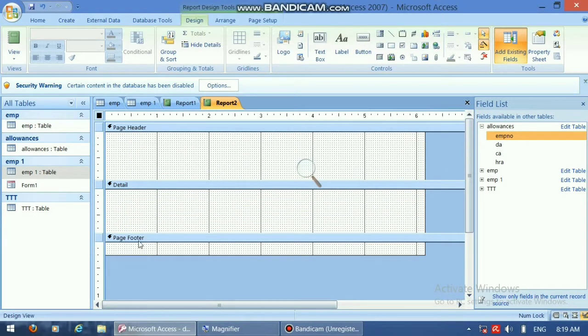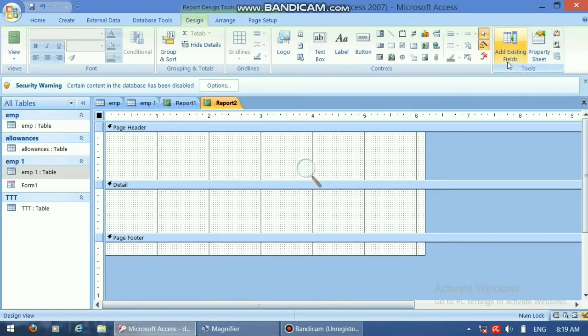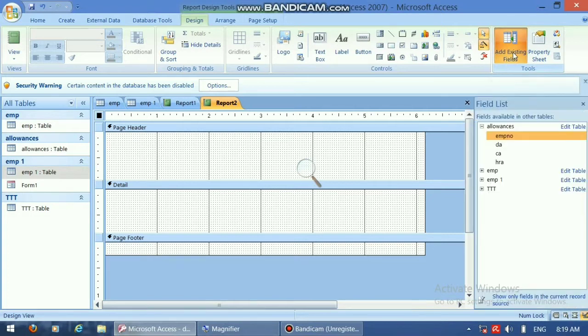Now go to Add Existing Fields. When you click on Add Existing Fields, all the tables will display on your screen, and you choose the table from which you want to create the report. I selected AMP1, and you just click on the plus sign.